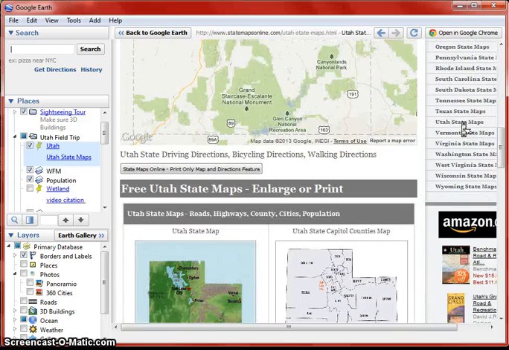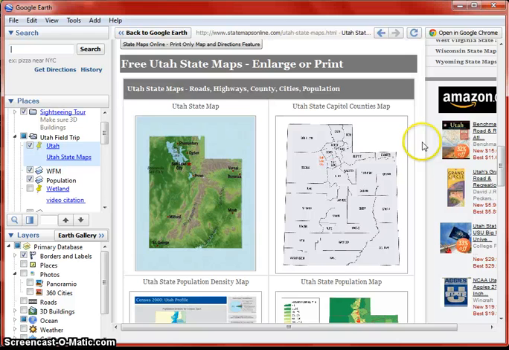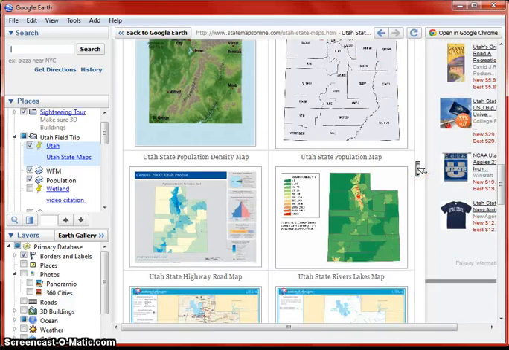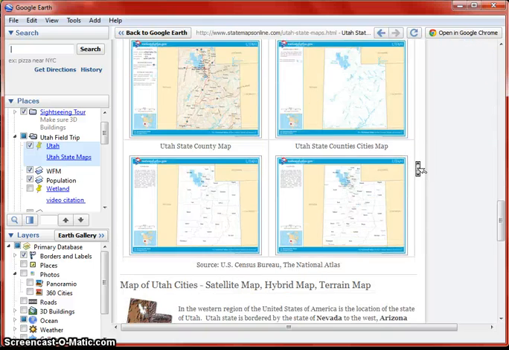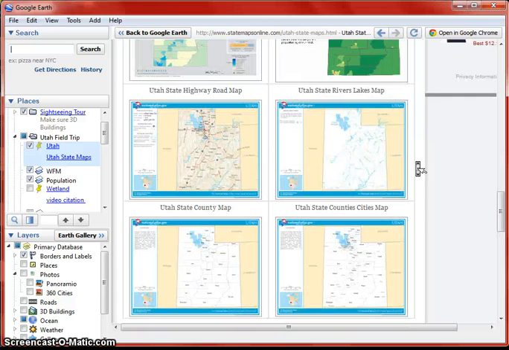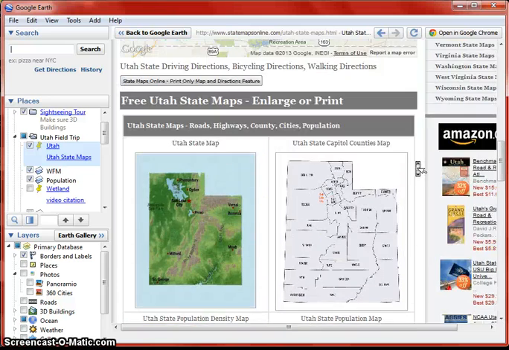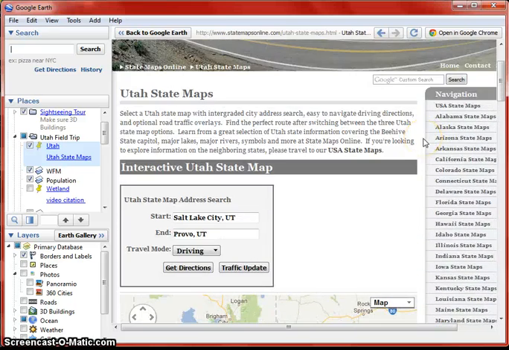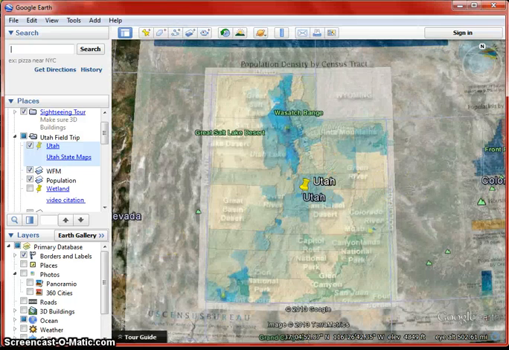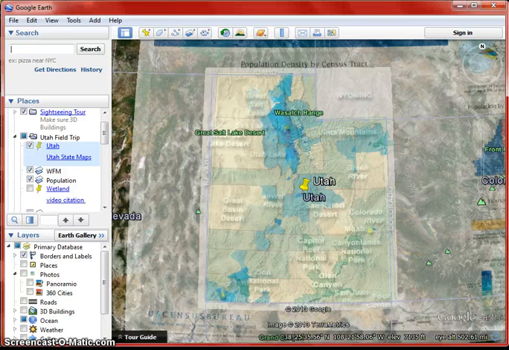So here's a general map of Utah. And then there are all of these state maps, capital, population, highway, rivers, county, and I would have them go ahead and look at all of these different maps that are on this website and have them either add to what they've already written for the previous 4 questions, and once they recorded anything else, they would be ready to do the final project or the final thing for